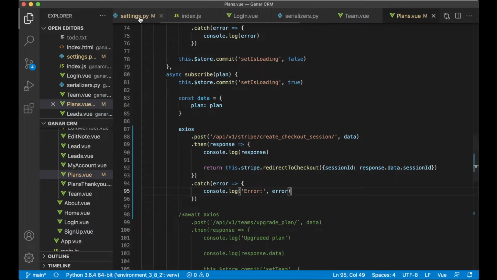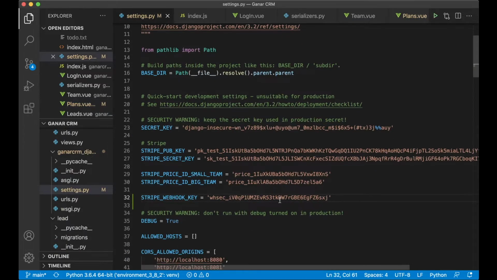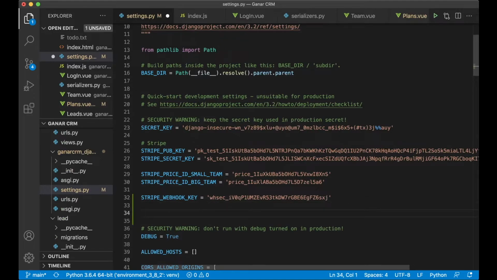And in the settings.py I need to add 2 more variables here. I want one variable for where we are going to be sent after the payment is finished, and one if we cancel the payment. FRONTEND_WEBSITE_SUCCESS_URL equals http://localhost:8081, which is my address right now,